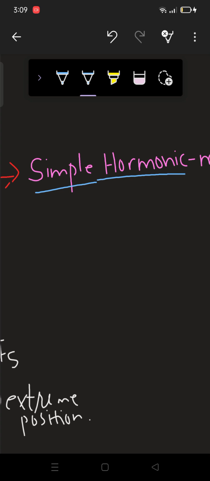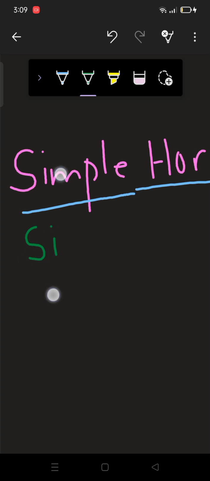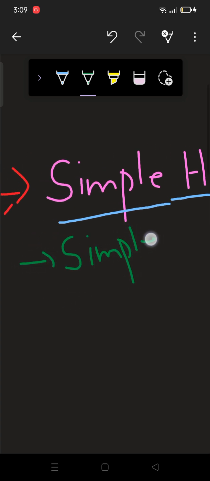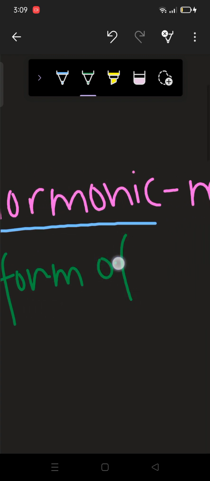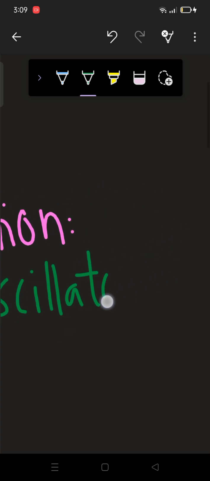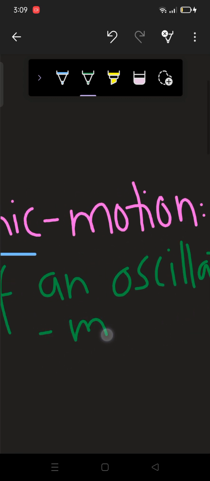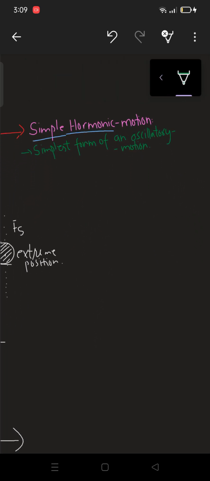It is the simplest form. Simple harmonic motion is actually a type of oscillatory motion, the simplest form of oscillatory motion. And what have we discussed about oscillatory motion? It is a periodic motion and a to and fro or back and forth motion, which means simple harmonic motion is actually the simplest form of oscillatory motion,